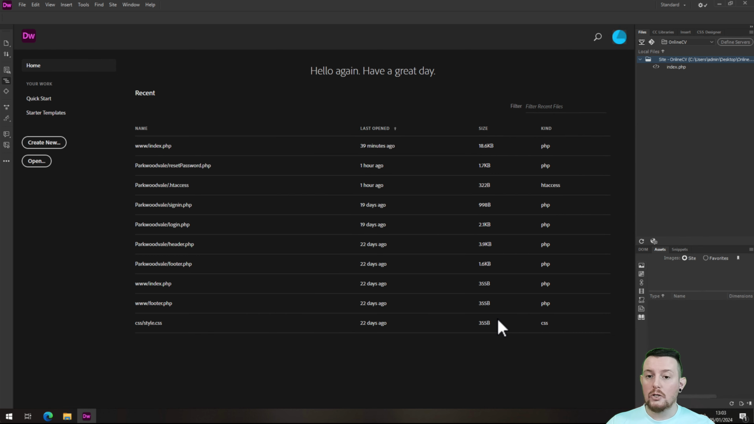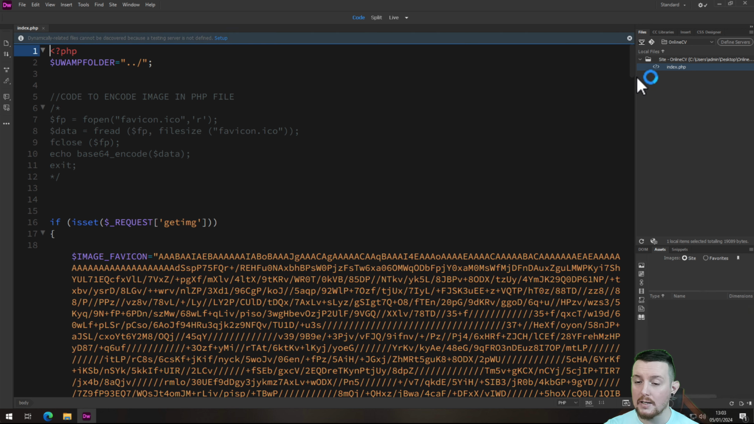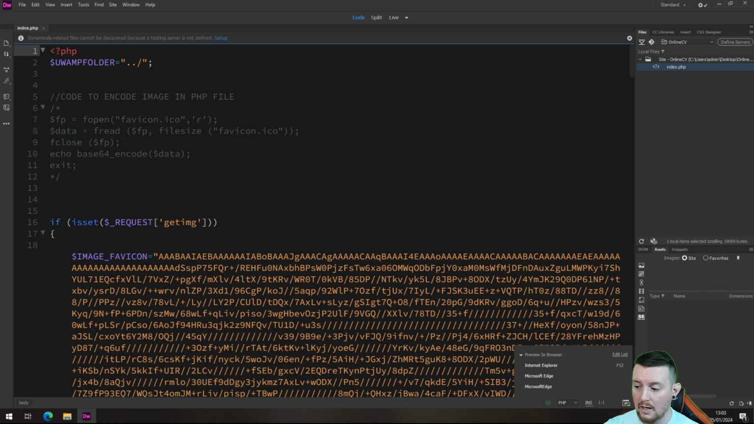Now, you should have seen that there was a slight change over on the side here, that it is now just showing my index page. And if I double click that, that opens up my index page here. If I click onto the preview button down the bottom here, and I say that I want to preview in, say, Microsoft Edge,